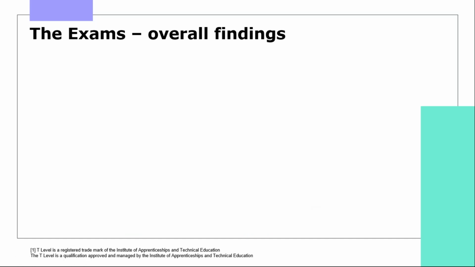So we're going to look at the exams first. These are the resits that were sat by students in the autumn window, which was November, December last year. So students that had completed the first year in 2020 to 21, but then resat the exams and the ESP in the autumn series, either to get that pass grade or to improve a grade.